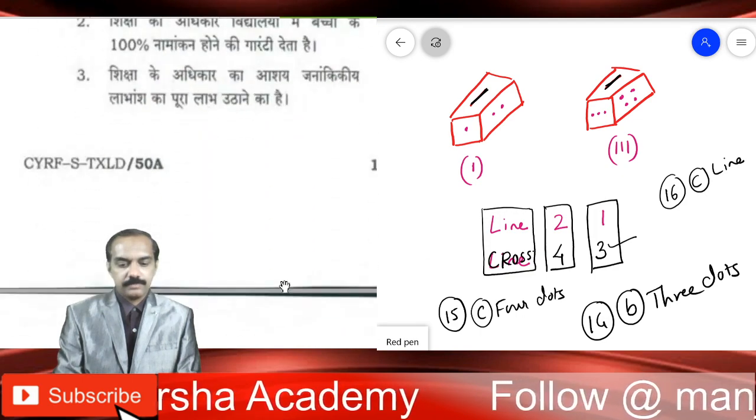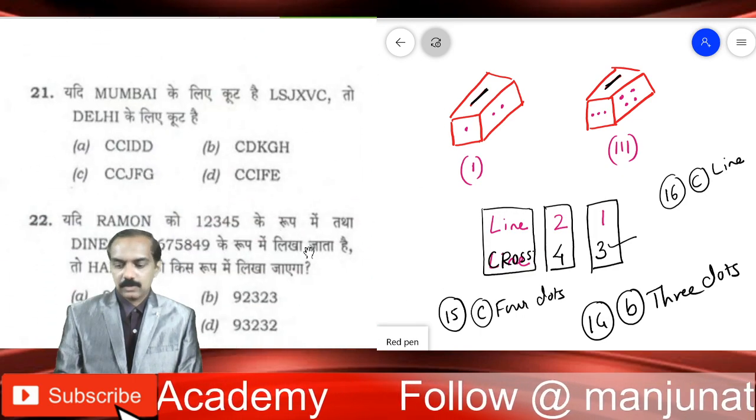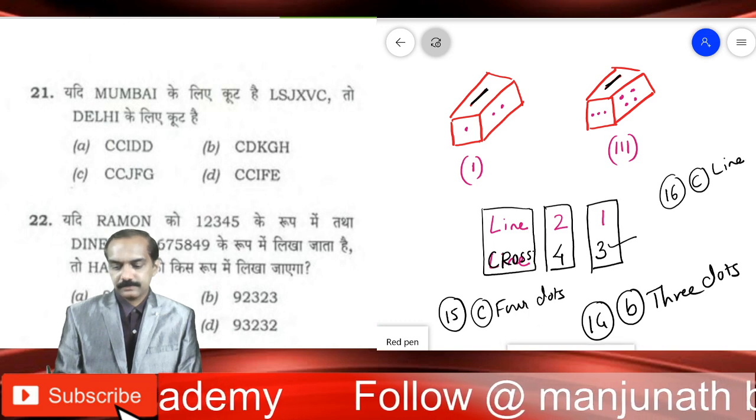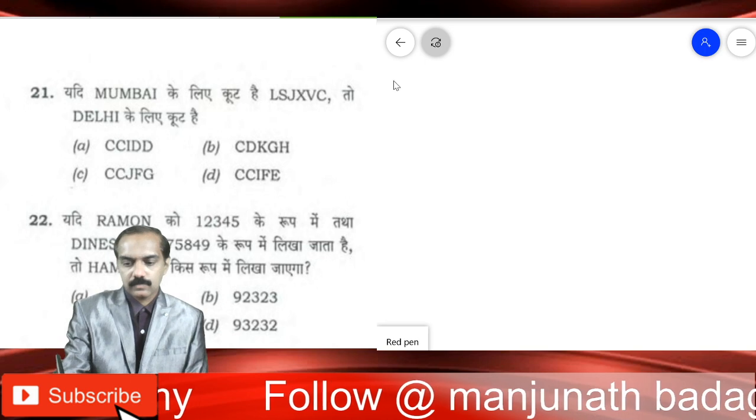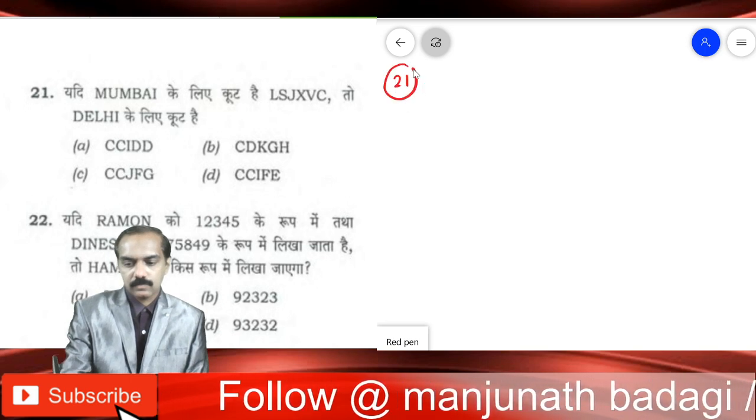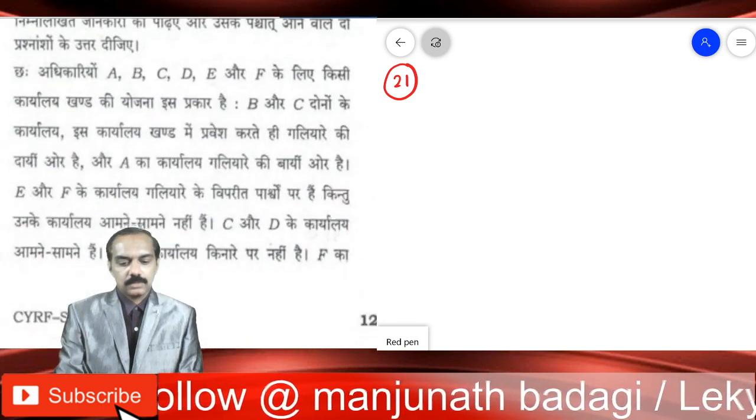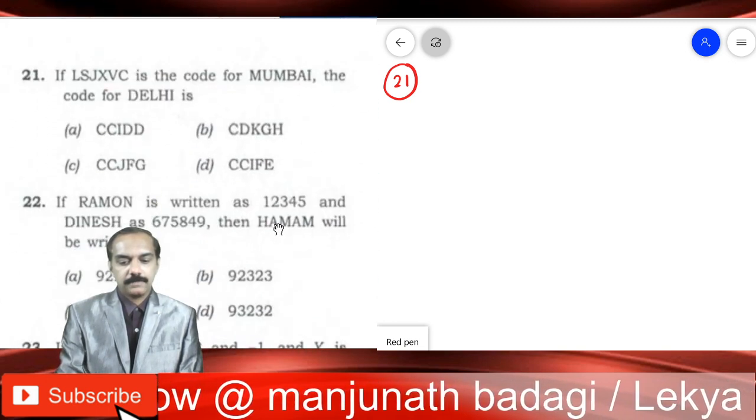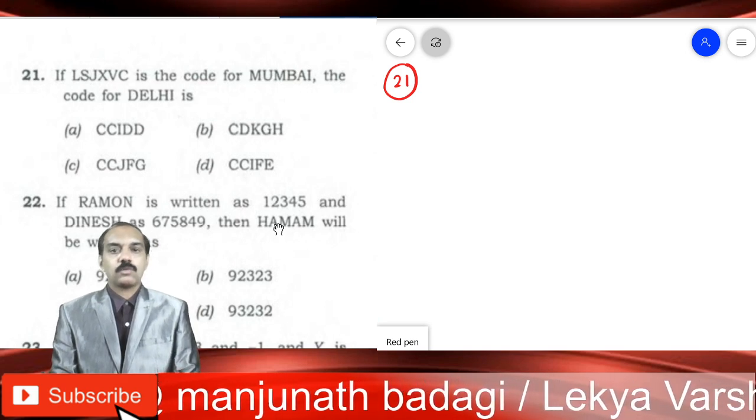21st problem is on coding and decoding. LSJXVC is the code for Mumbai. The code for Delhi is,